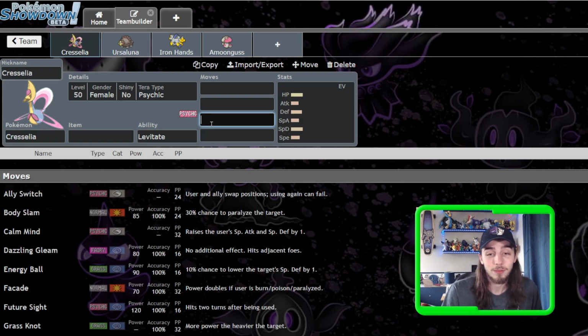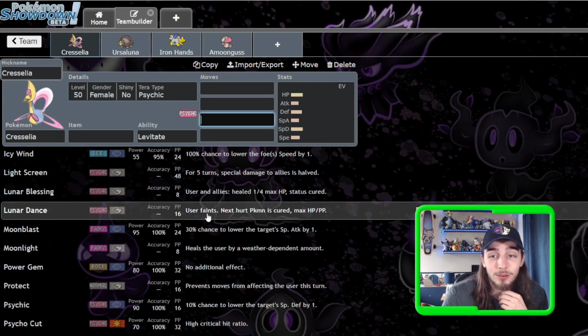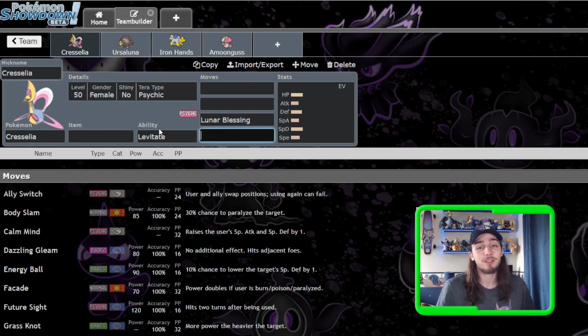You get stuff like Icy Wind if you wanted to not go the Trick Room route. You get Lunar Blessing, which I think is something I'm going to highlight. And now the best part about this Cresselia is you get access to Terra. And before, I've said this a few times on stream, and when you had Cresselia, it was...